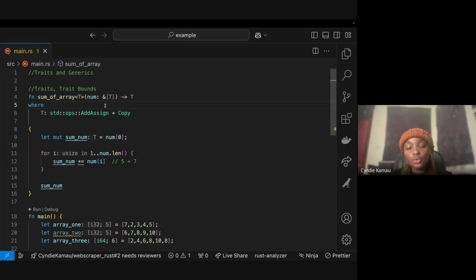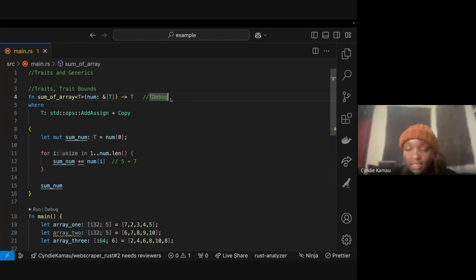I just wanted to give you guys a quick overview of how traits and generics work, both in Rust and Cairo. The only difference is that in terms of syntax, Cairo has its own way of writing traits. For example, if I'm writing a trait, like debug or something, I have to put a T here in Cairo.